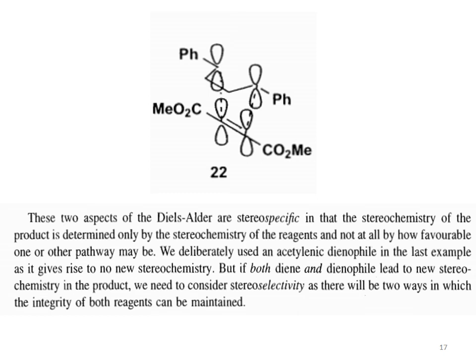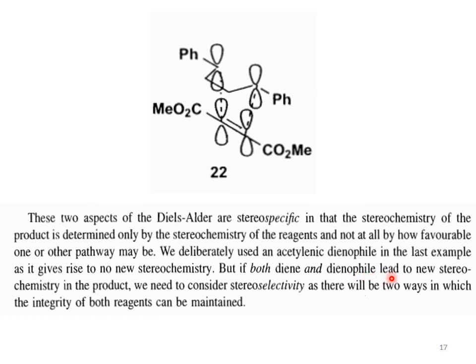If the hydrogens are cis in the reactant, in the diene, then these hydrogens are also cis in the product, and the remaining groups will also be in the cis position. And the important point, we draw a plane of symmetry. See the plane of symmetry. In the previous slides, I told you there is a plane of symmetry. The plane of symmetry is a dashed line passing through the center of the two fragments. One is the diene, the other is the dienophile. And the same plane of symmetry will be present in the Diels-Alder adduct, the Diels-Alder product.